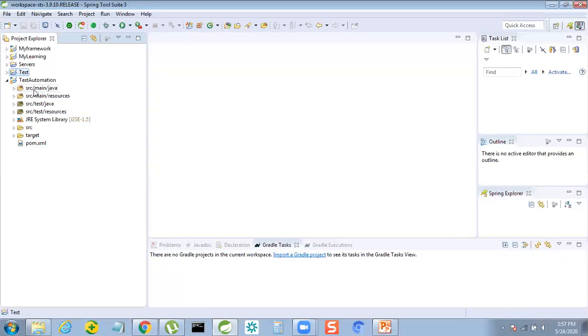These are all the source folders. Whatever you want to create, you can delete this and create your own, or you can reuse it. And you will be seeing one new pom.xml file. If you double click on that pom.xml file,